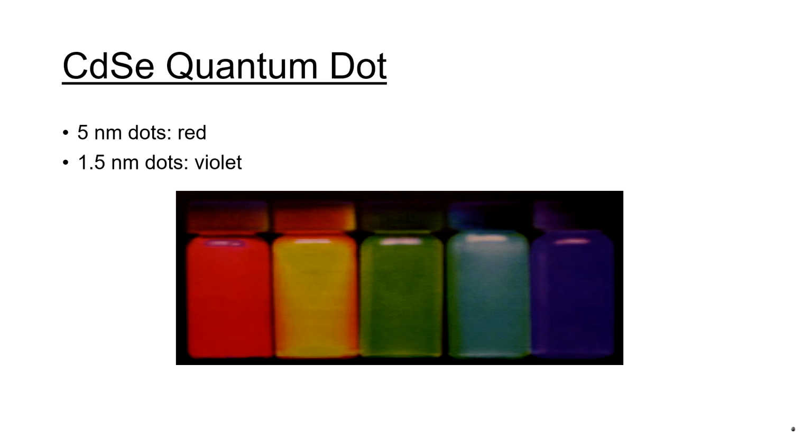So CdSe, this is cadmium selenide quantum dot. 5 nanometer dots are red, while 1.5 nanometer dots become violet. So this is 5 nanometer, this is 1.5 nanometer. If you use combinations of these, different particle sizes, your displays can have different colors, and they show it very well. And this is a very interesting advantage of these